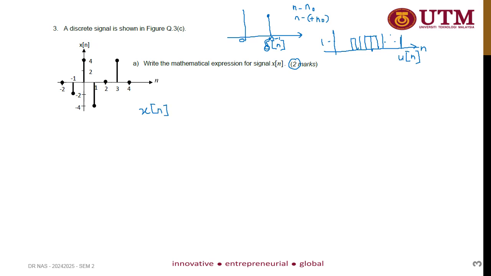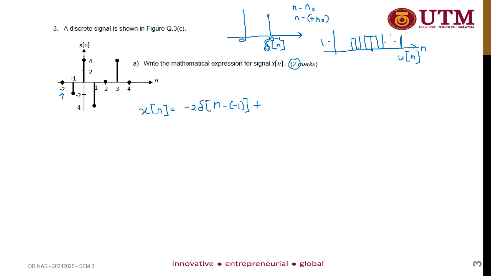You have a magnitude of 0 at n equal to minus 2, so you don't have to write it because the magnitude is 0. The first one that has amplitude has magnitude minus 2, and then delta n minus 1, because it's at the position of n equal to minus 1. Then plus the magnitude of 4,